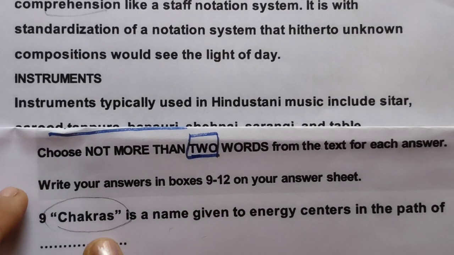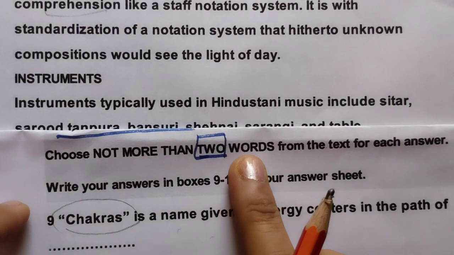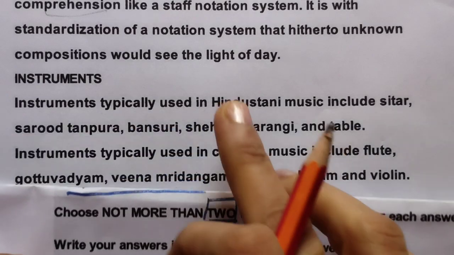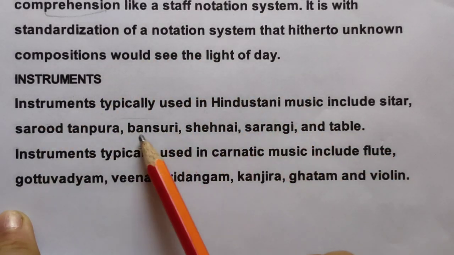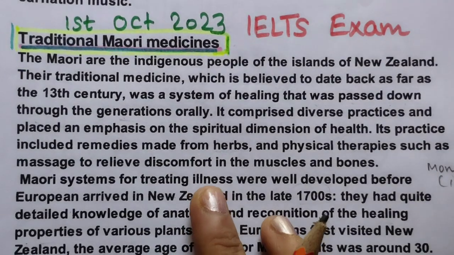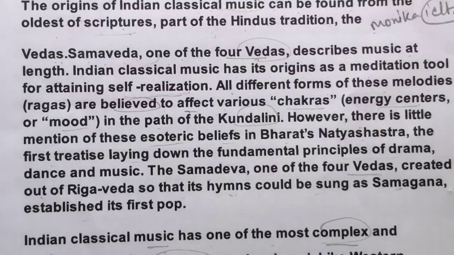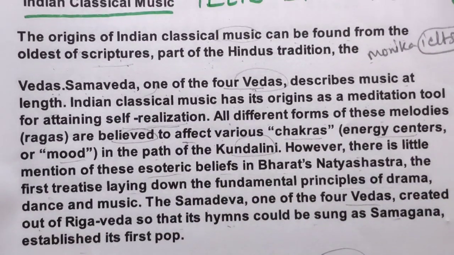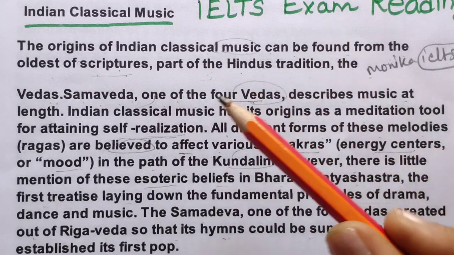So this is my 9th question. So I have folded my paper. Chakras is a name. So 2 words we have to write. But here this is the last paragraph. See this. Chakras is not there. So it means we have to go for the first paragraph here. So first paragraph is this. No, sorry, I have taken wrong. See, first page. It is the first page. So I had taken wrong pages. So I can see this chakras over here.